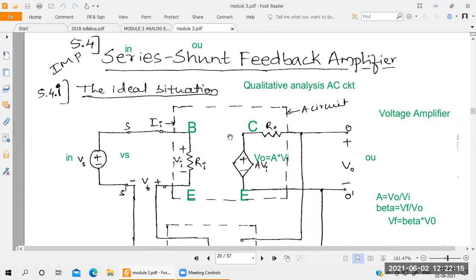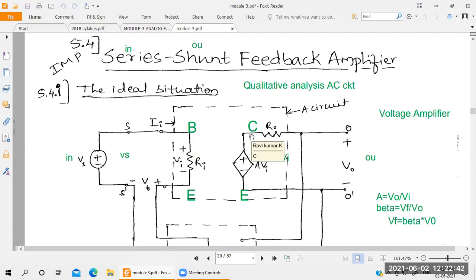After that, you take base to collector. Base to collector, there is no connection, right? Because what is base to collector here? Reverse bias. So when there is a reverse bias, there is no connection from base to collector. Okay, base to collector is reverse bias. After that, you take collector to emitter. Again, collector to emitter, there is a forward bias here.